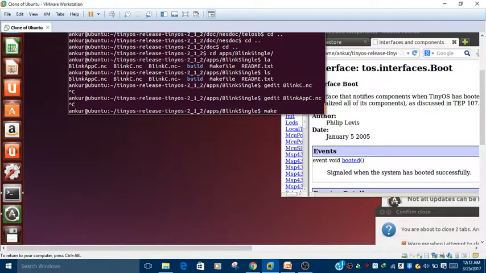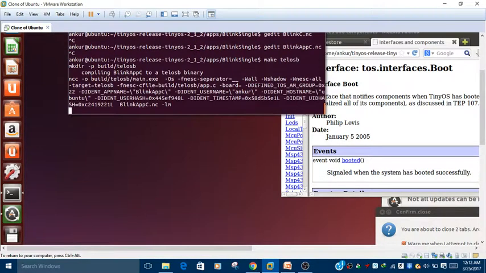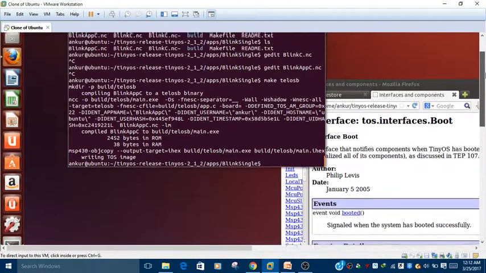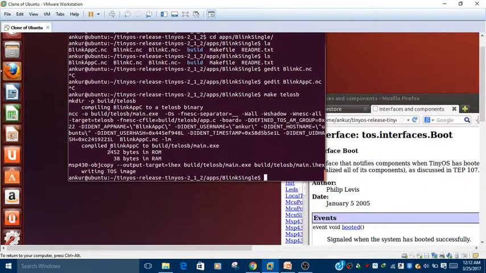So make telosb will compile the project. The ROM size is reduced. If you watch the previous video, when we compiled the blink application, the ROM size was greater than this program. So you can check again. The ROM size is reduced. Also the RAM size is reduced.